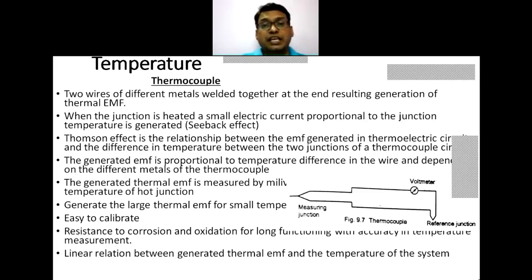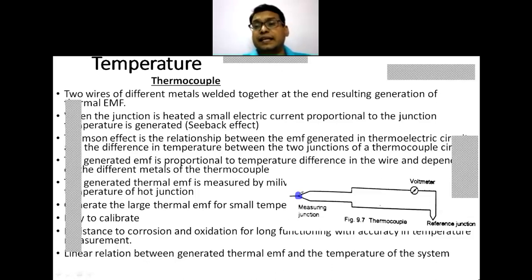One by one we will see the temperature. In the temperature controlling, it's the thermocouple which are most commonly used in the industries. Thermocouple or thermal resistances, that is there. So what are your thermocouples? Thermocouples are the two different metal wires which are connected or which are fused at a tip. They are fused or they are joined to form a single tip, and resulting it generates an EMF,